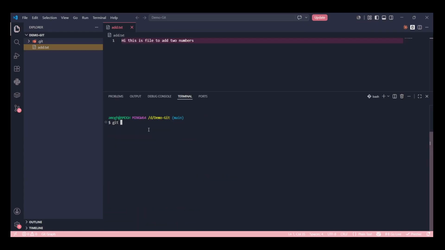I'll explain it. If I run git branch here, I don't know why it was not working in that folder. Thankfully, it is working in this folder, so there is nothing to worry about. I am in a new folder, and in it there is a file called add.txt. First of all, I'll say git status, and it says there is nothing to commit. Till now, it is okay. Now, first I'll delete the branch.